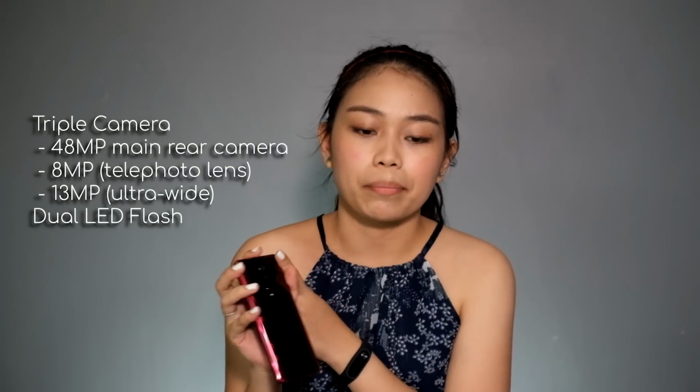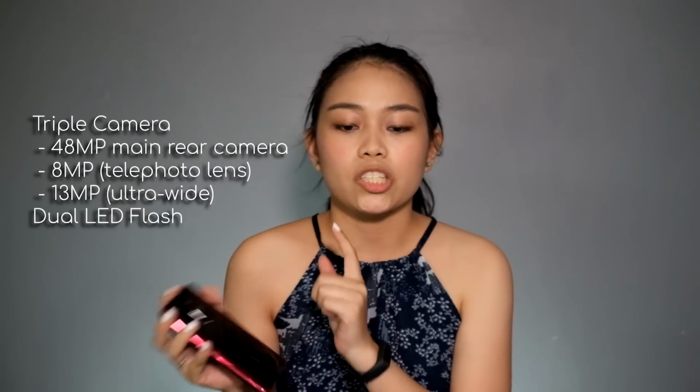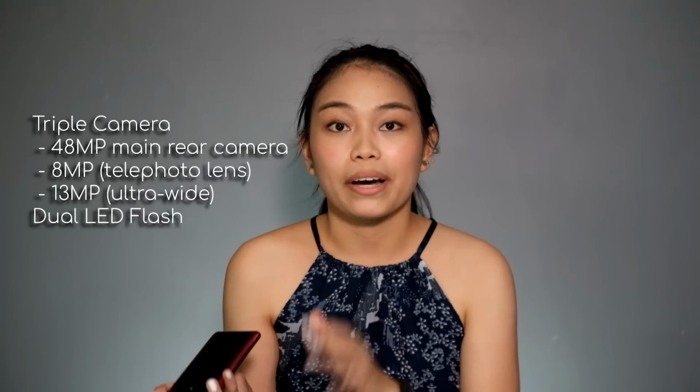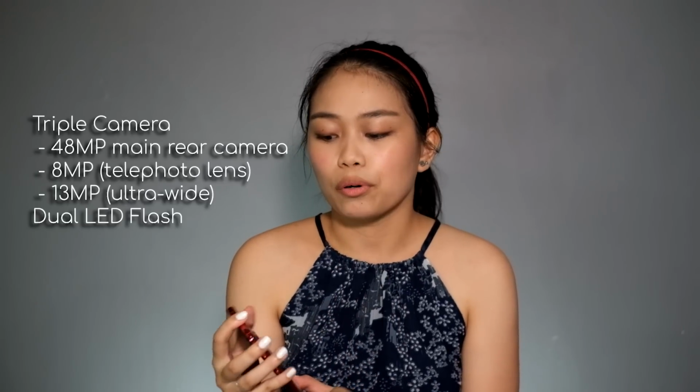As for the camera naman, so sa likod niya, yung sa main camera niya, it's triple setup. So, it has 48 megapixel wide, 8 megapixel telephoto lens, 13 megapixel ultra-wide sensor. So, kaya meron siyang tatlong klase kapag magpipicture ka. So, for example, we will try the...